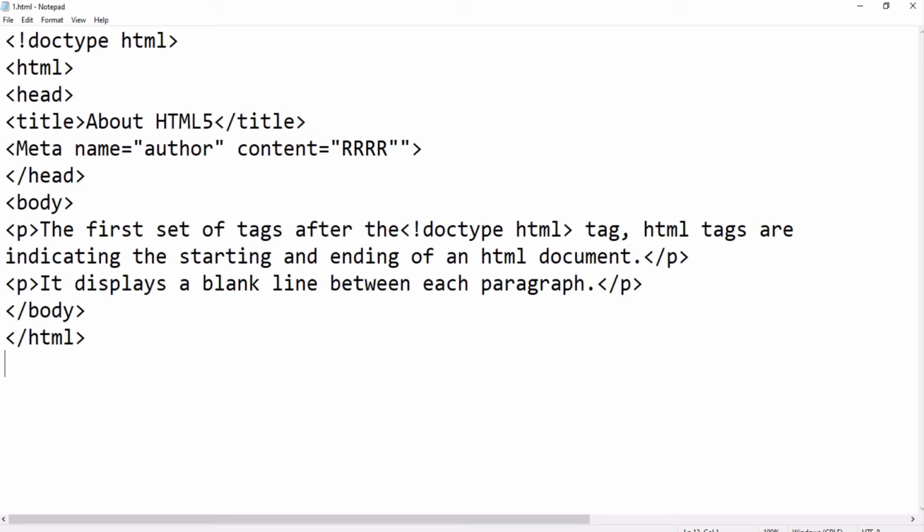Now the next tag is how to start a new line. See, for starting the new line we use the BR tag. Which tag? BR tag. Okay, so how to start it? Let's see. BR. Okay, fine. After that, suppose I want to mention the address. Let me just simply give the space first, so that it will start with the next line. Okay, so I will write here address.